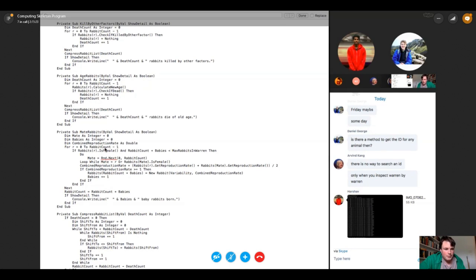So for each rabbit, if rabbit is female, so that just returns whether it's female or not, and rabbit count plus babies is less than max rabbit in Warren. So initially babies is set as 0, but it will increase as we loop through this. Do mate equals random number between 0 and the rabbit count, while mate is R or mate is female. So what we've done is